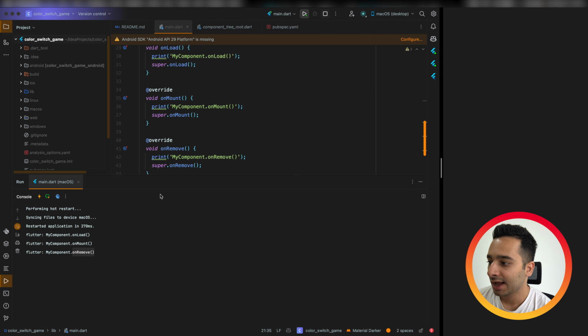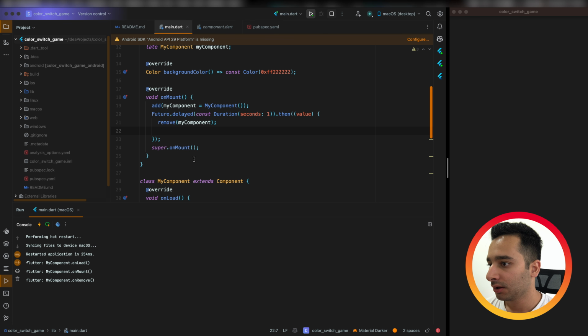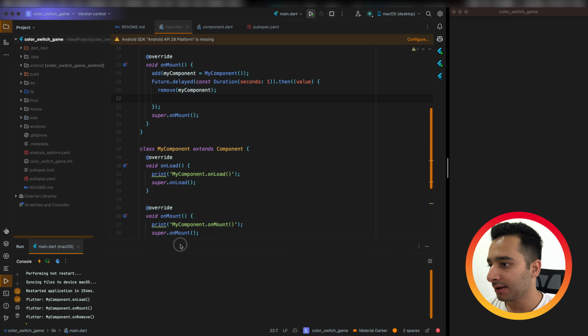The point is that onLoad only gets called one time. For example, if we have a component that we need to reuse, we are gonna load the assets or resources one time, and after that we can add or remove it from a parent or other parents. For example, we can add a parent.